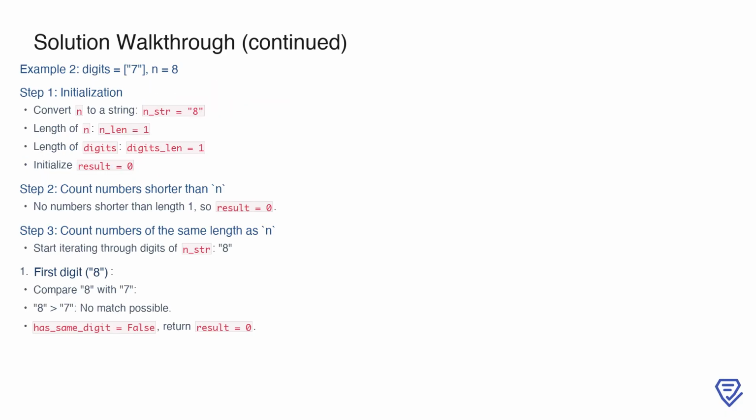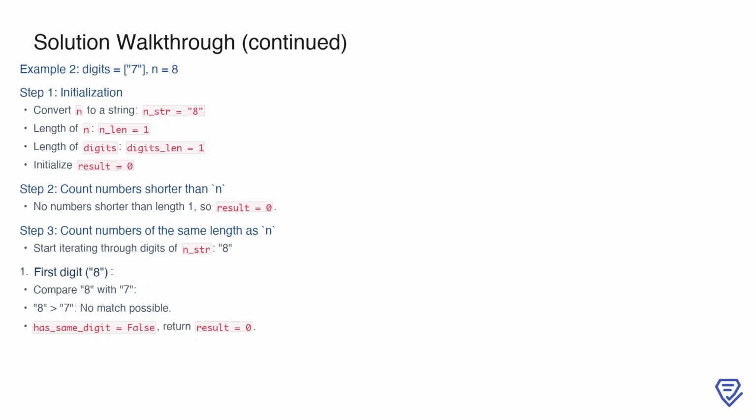In this example, the digit set is 7 and n is 8. We start by converting n into a string, so n_str becomes "8". The length of n is 1, and the digit set also contains only one digit, so digits_len equals 1. We initialize result to 0. Next, we count numbers shorter than n. Since n itself is only one digit long, there are no numbers shorter than this length, leaving result unchanged at